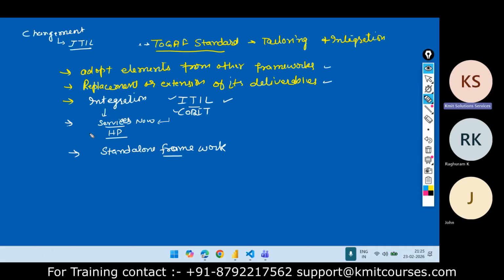The reason is, when we start working on TOGAF, these terms will come into the picture: whether we need to add the ITIL process for change management, whether I need to replace something which is already approved. So those things come into the picture.